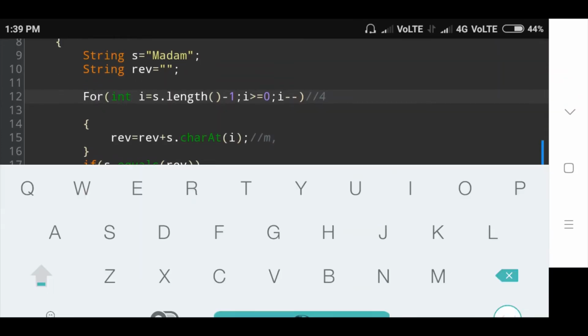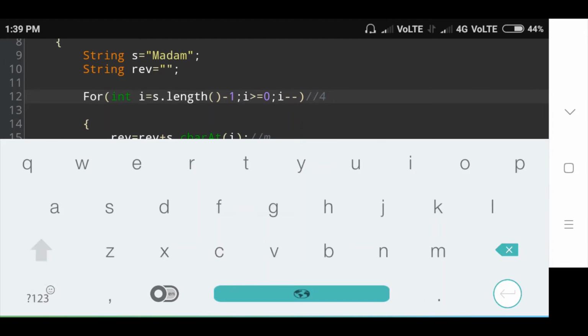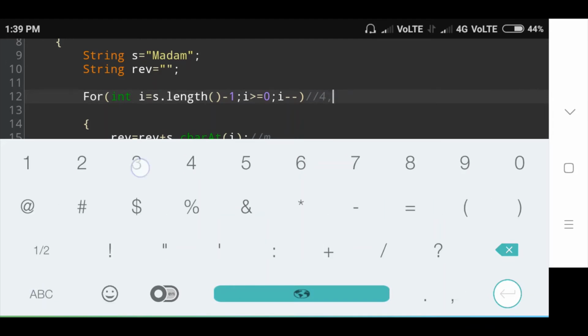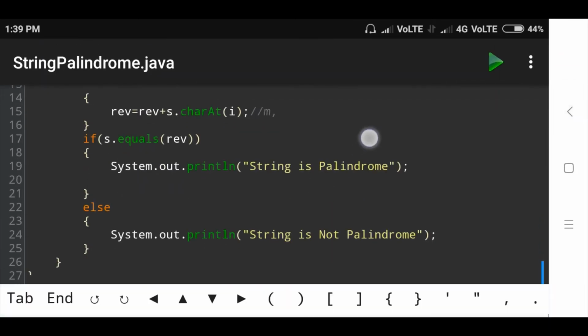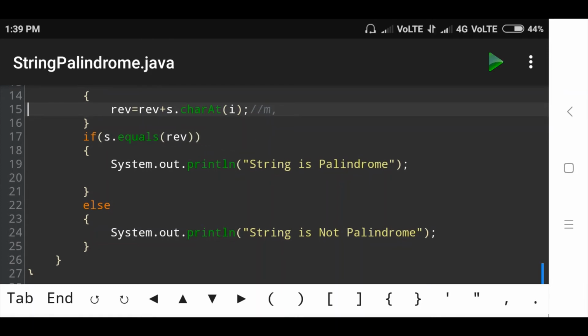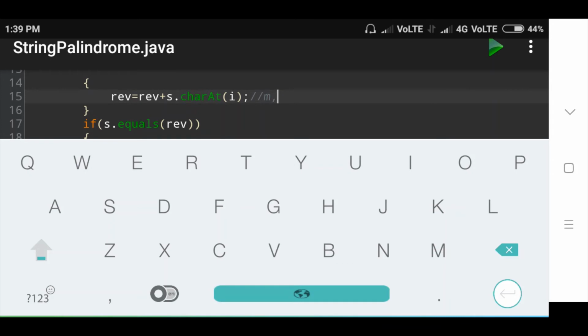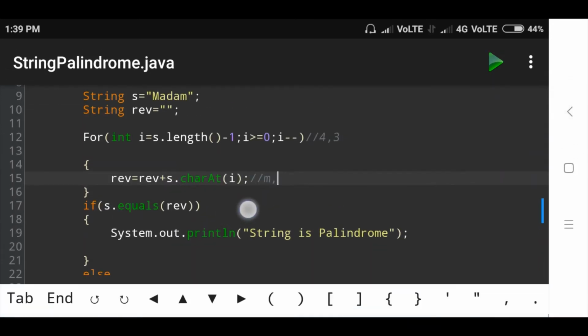The i value is decreased by 1. The i value is 3. Then check whether i is greater than or equal to 0. The i value 3 is greater than or equal to 0, so the condition is true. Then again go to the next condition: reverse is equal to reverse plus s dot charAt i. The initial reverse value is the character m, plus the i value 3.